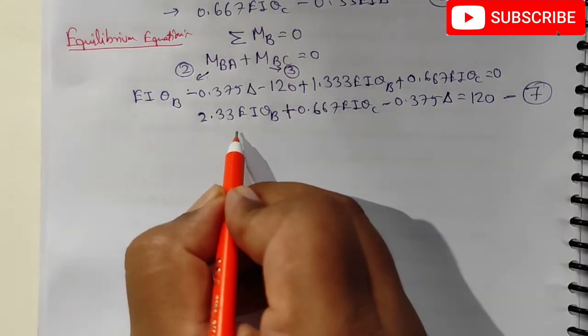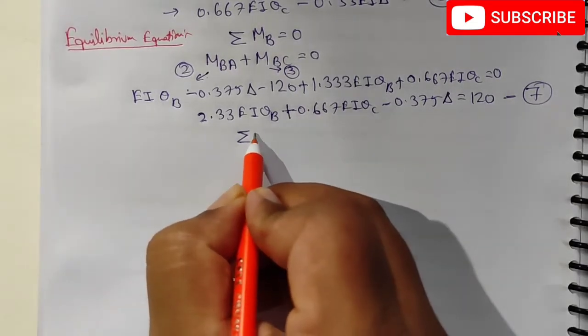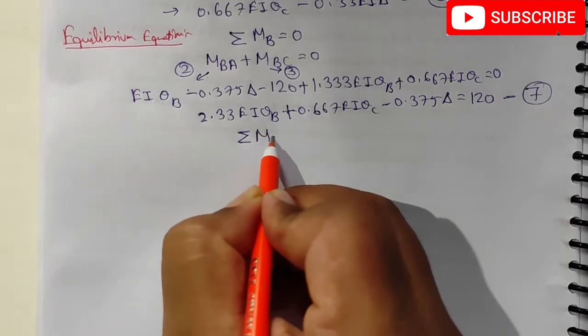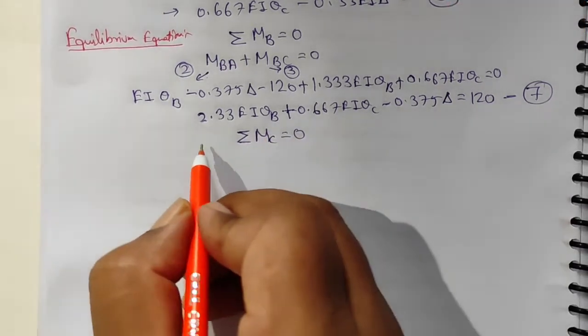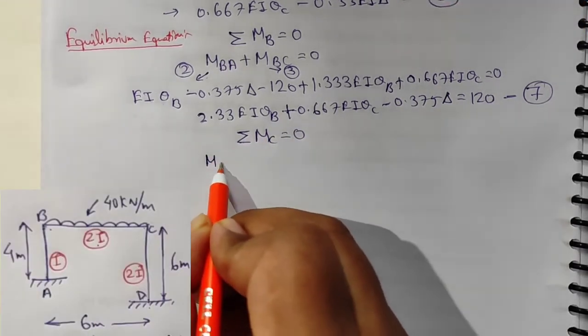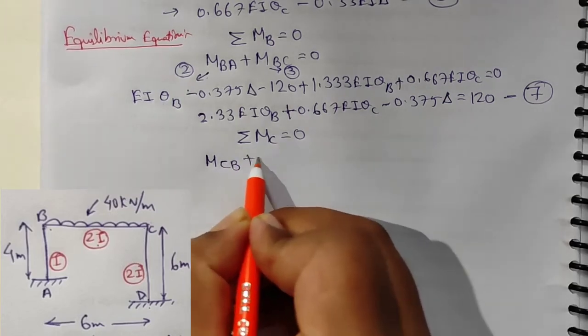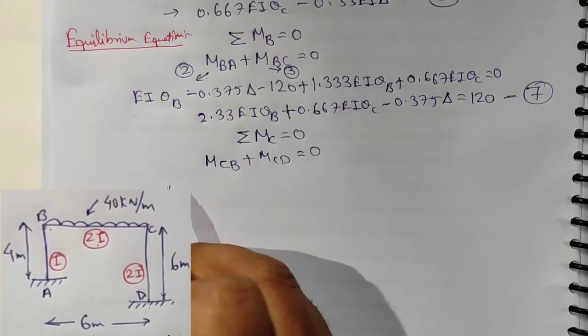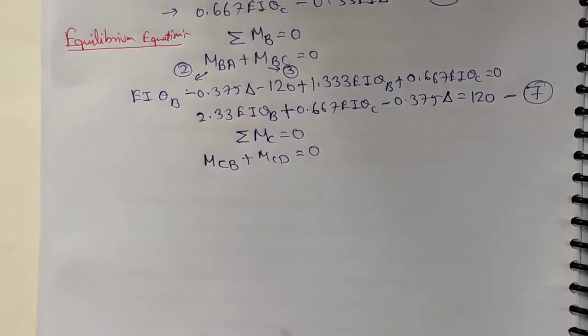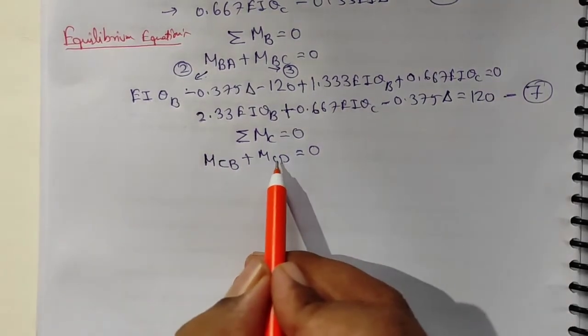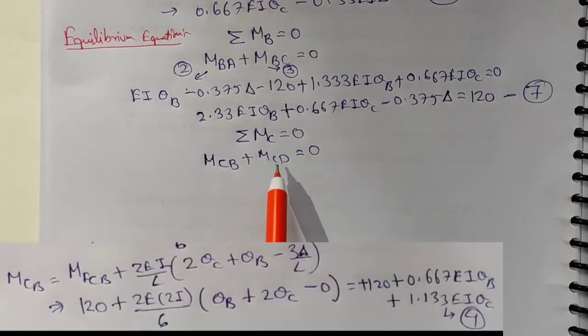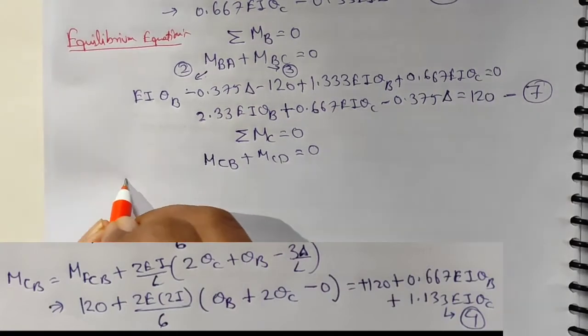Again we'll have another joint, that is C, where the total moment will be equal to 0. Now the moments acting here are MCB plus MCD. We'll equate them equal to 0. Now putting the values of these two moments from equation number 4 and 5 of slope deflection equation, we will get